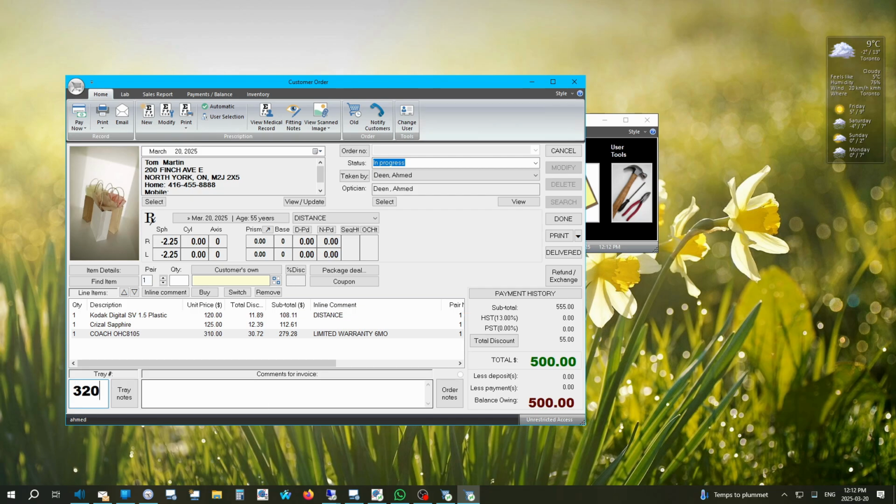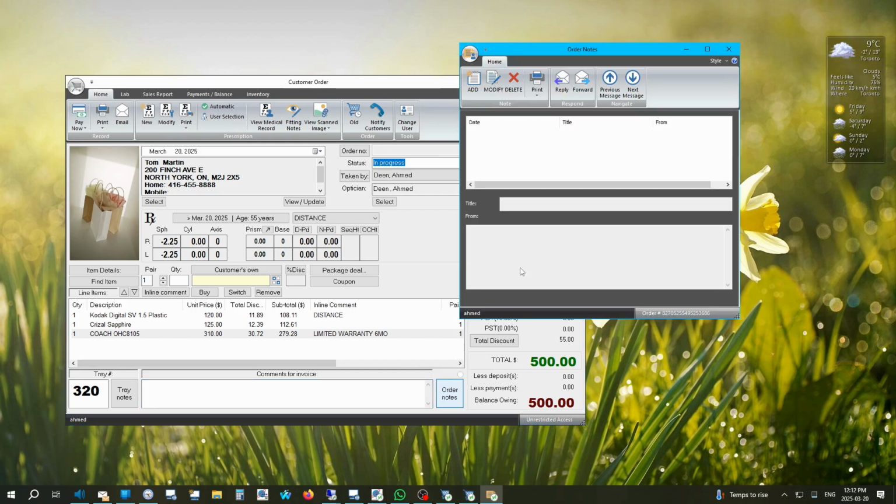And we also have private notes. Like if you want to put that limited warranty in the comment section here, by all means you could do that. But if you wanted to write something very specific about this order that does not print on the invoice, you're going to click on your order notes. So I can add a note, and I'm going to write